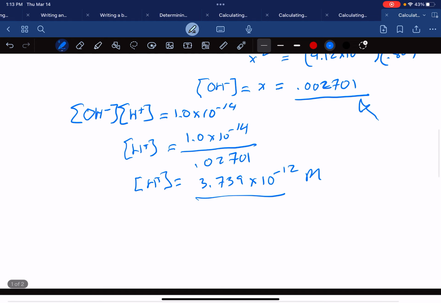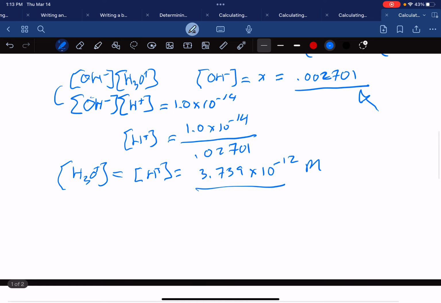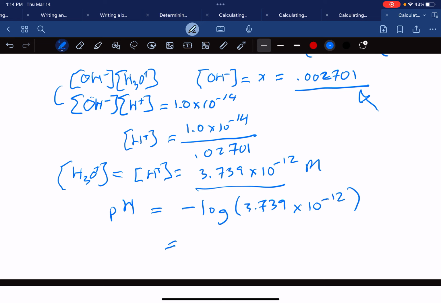Now, they didn't ask us to solve for the H plus concentration. And by the way, H plus is the same thing as H3O plus. So don't ever for a second feel like if they write this equation with OH and H3O plus multiplied by each other, they are different things. They are the same exact thing. So then we're going to take the pH, which is the negative log of this number right here, 3.739 times, oh, that's an ugly times 10 to the negative 12. And when we do that, we're going to end up with